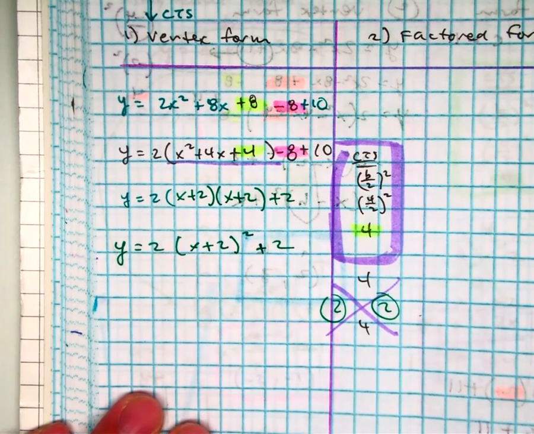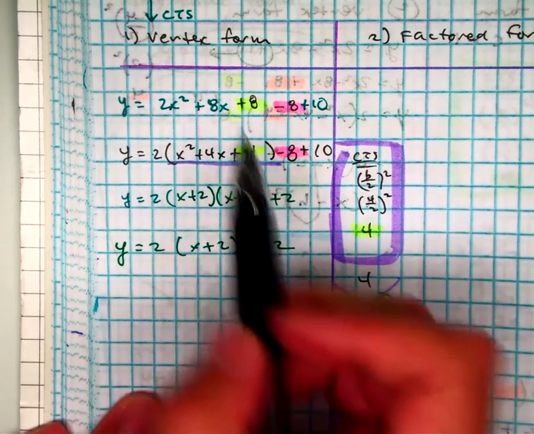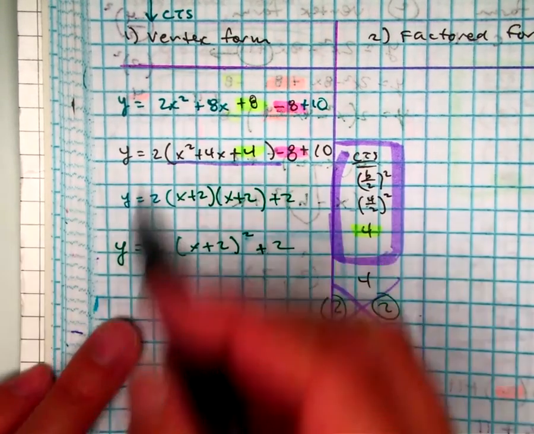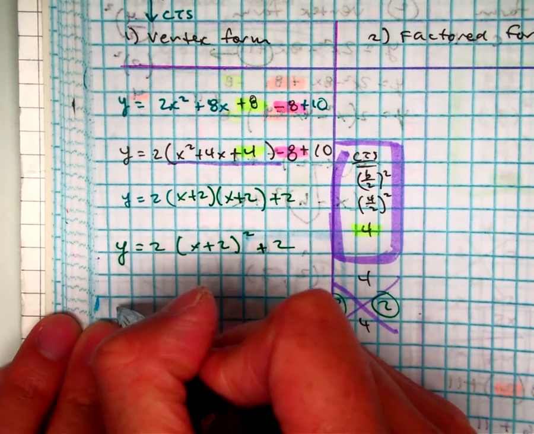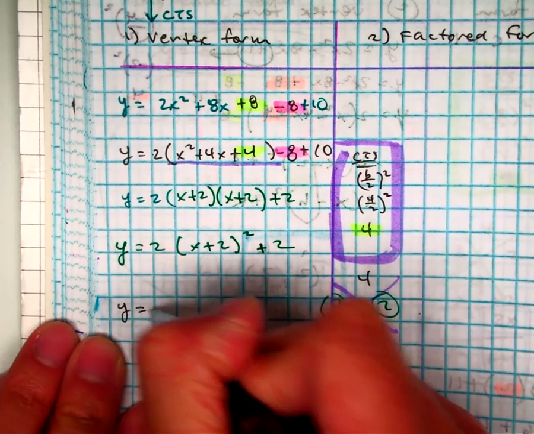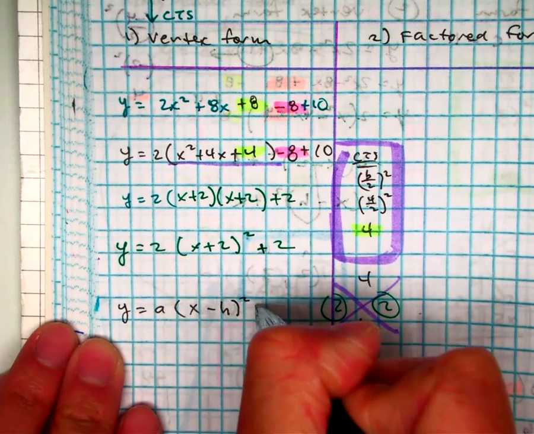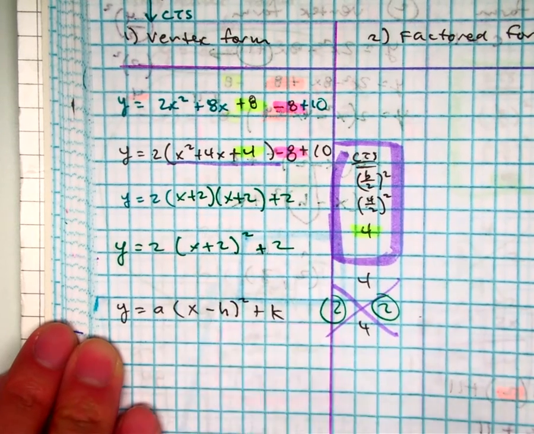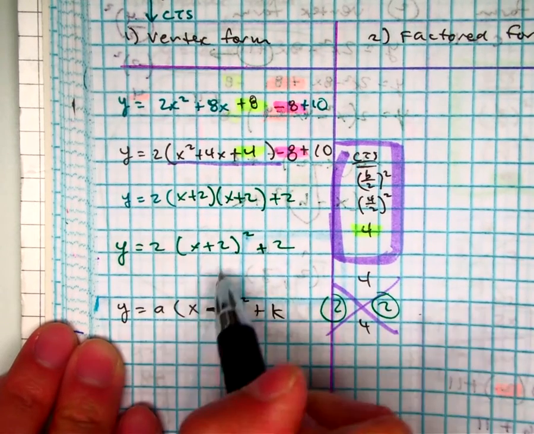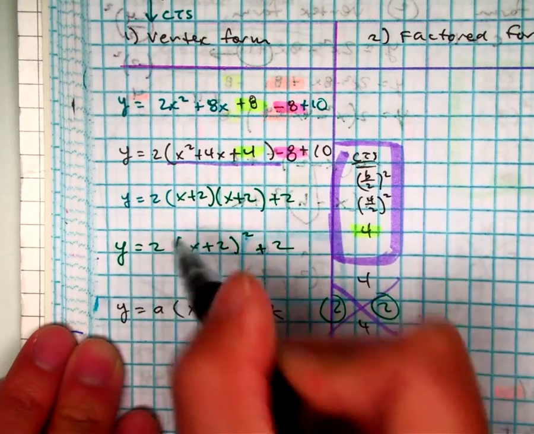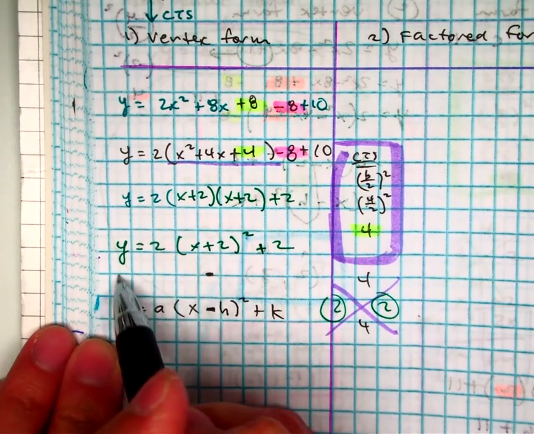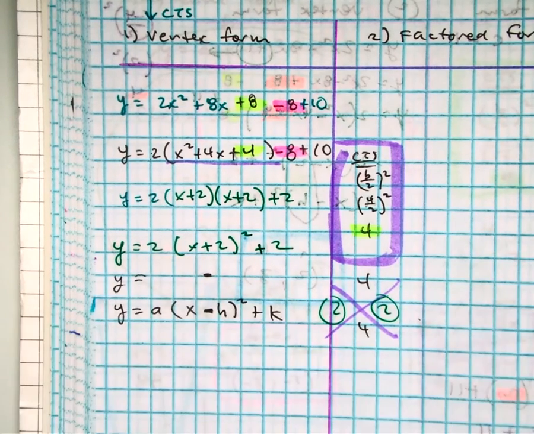And then the question didn't ask for it, but the reason why you put it in vertex form is to be able to find the vertex. So if you write vertex form below it, a times x minus h squared plus k. You'll notice in the formula it has a minus sign. So I'm going to have to get a minus sign in this. So I can rewrite this as y equals